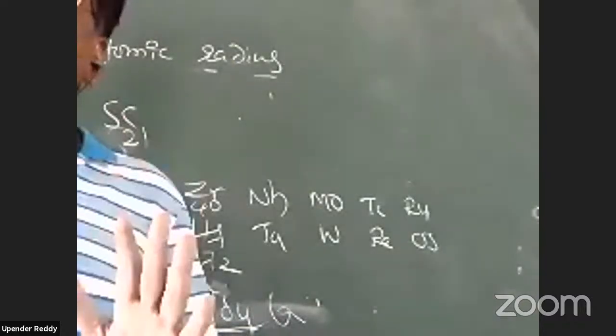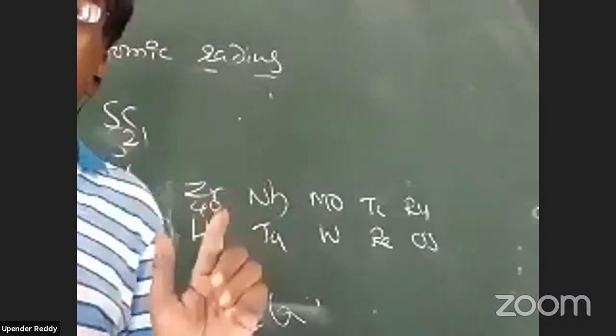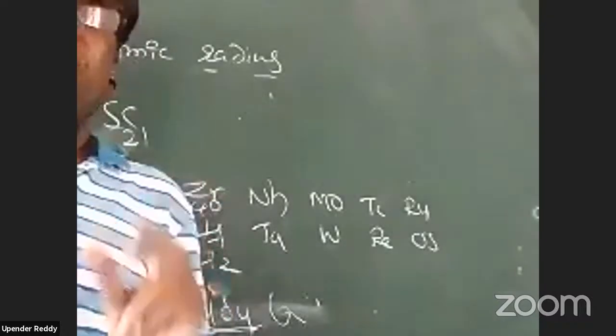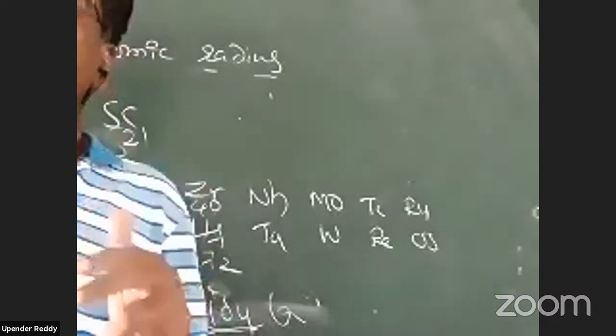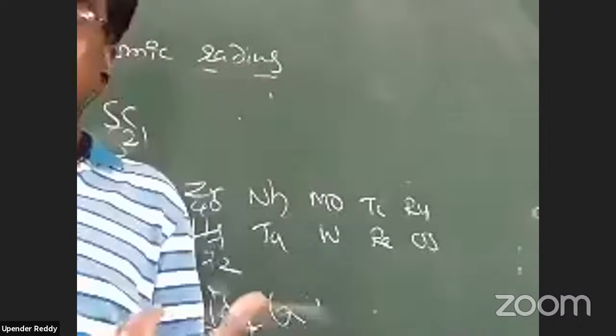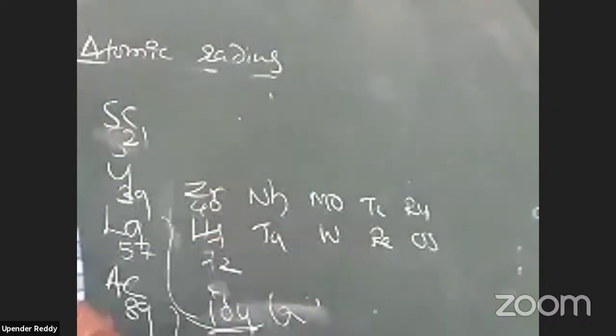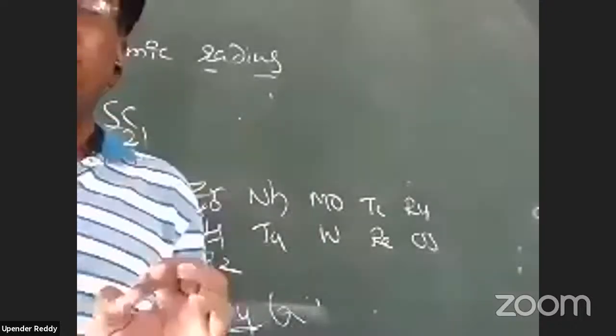after lanthanum, the element hafnium is reduced in size, and its size is almost equal to the element above it, that is zirconium. Tantalum and niobium have the same size. You should keep this in mind. Because of this,